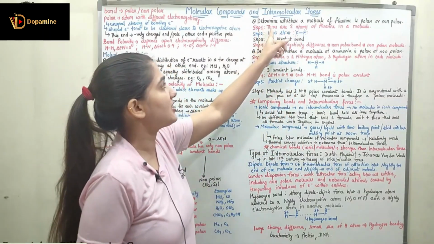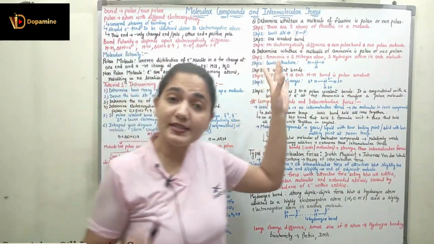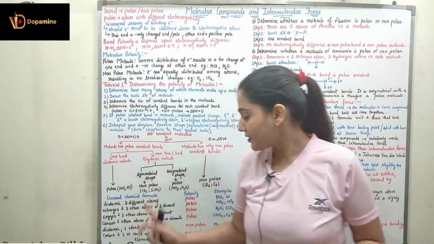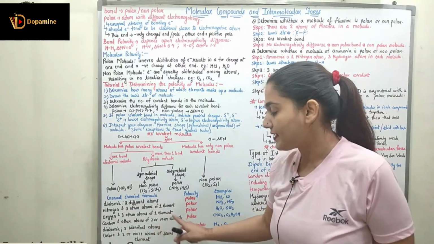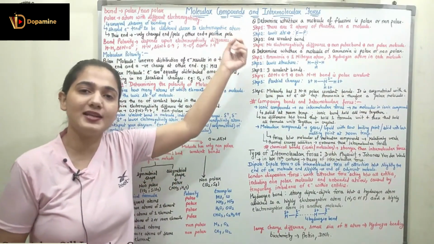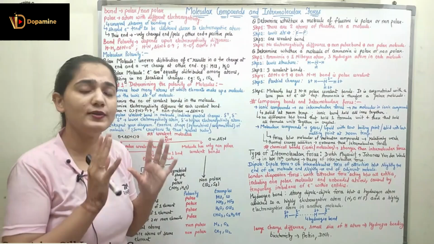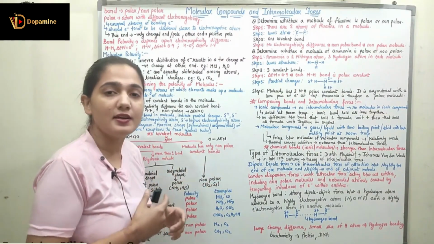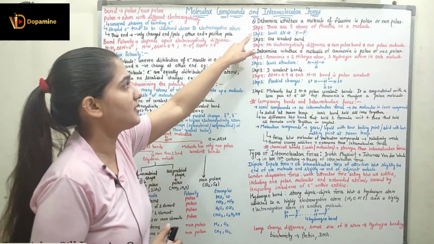So now coming to the question, determine whether a molecule of fluorine is polar or non-polar. Fluorine is diatomic and has the same atoms, right? So in the same elements, if I talk about a diatomic with two identical atoms, here it is non-polar. We can just see it and say it's non-polar. Now coming to the stepwise demonstration, how with the help of various steps we can understand that fluorine is a non-polar compound. So let's start with step 1.